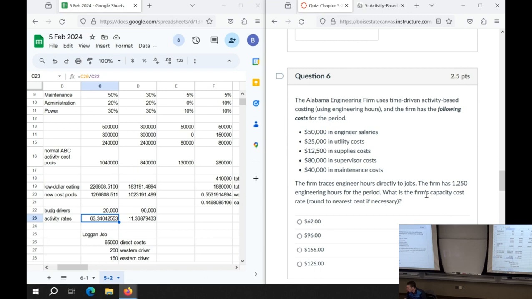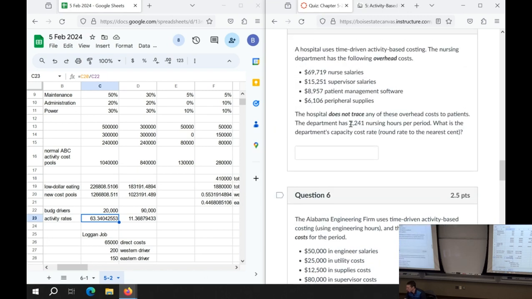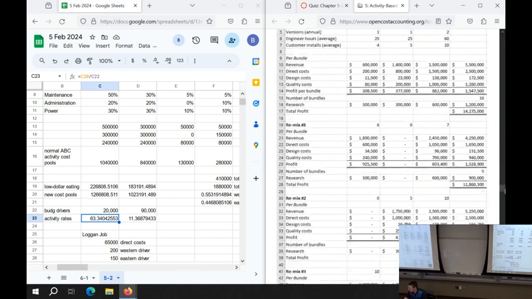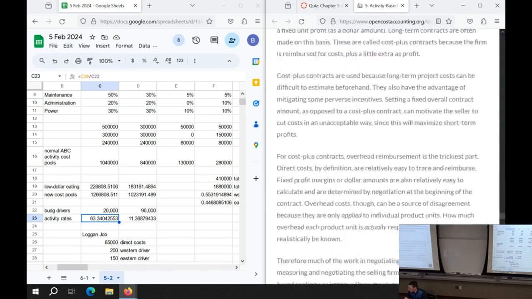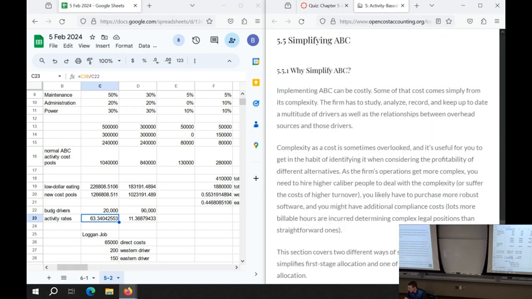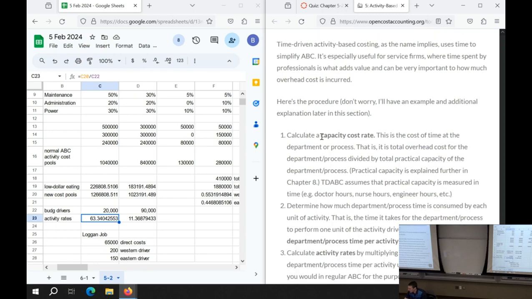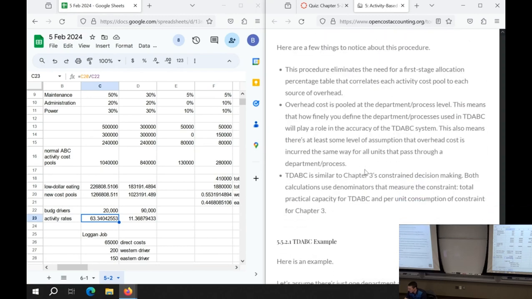I want to do this one actually right here. So the difference between this one and the one above is this one says we don't trace any of these overhead costs to patients, which is the easier version of the question. Let's look at both of them, whatever. Okay, so capacity cost rate, we go down to 5.5. 5.5 is the short section that the entire 5-2 question test quiz is based on. We have TDABC, and I'm just asking you to do the first step of calculating the capacity cost rate, which